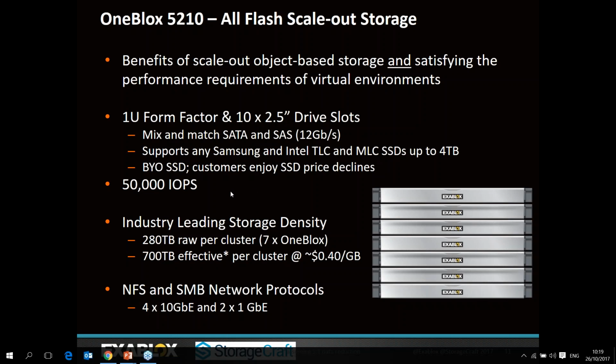At the moment, with these 10 SSDs, we are looking at industry-leading storage density. Across our cluster of 7 OneBlox today, we would be looking at 280 terabytes raw per cluster. If we can achieve a 5-to-1 ratio of deduplication and compression, which, when we're talking about enterprise-class variable length deduplication and compression, 5-to-1 is not out of the question. In fact, in some environments, I've seen upwards of 20-to-1 ratios. But with an assumed 5-to-1 ratio, we would be looking at 700 terabytes effective storage per cluster, which comes in